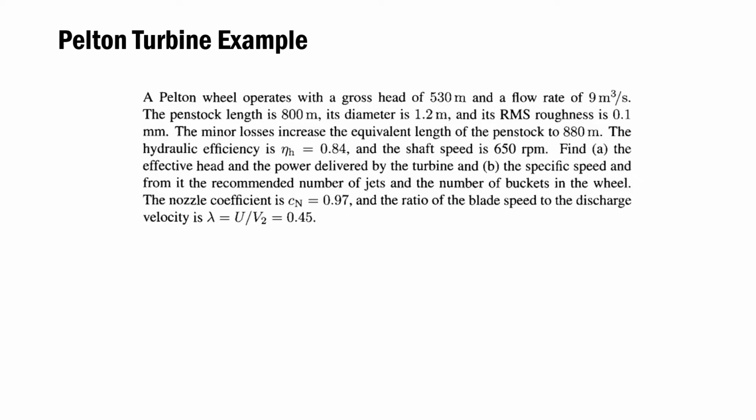Find the effective head and the power delivered by the turbine, and the specific speed, and from it the recommended number of jets and the number of buckets in the wheel. The nozzle coefficient is equal to 0.97 and the ratio of the blade speed to the discharge velocity is equal